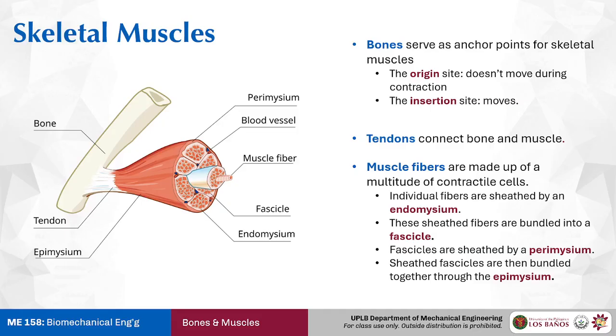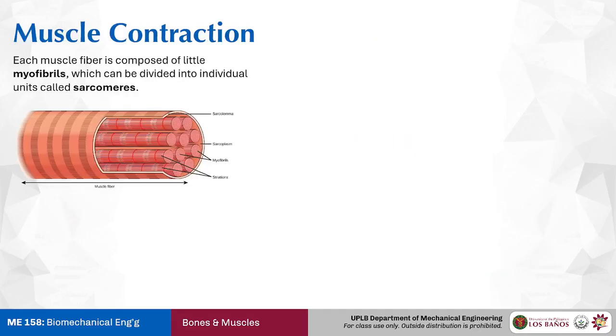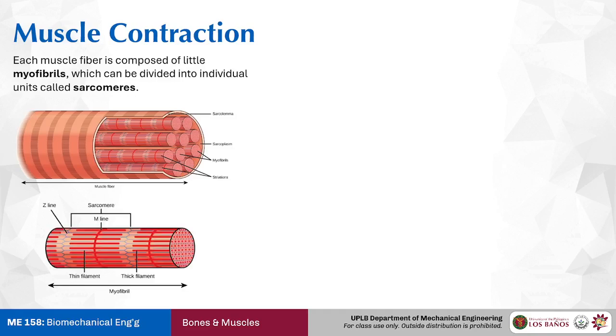Does this actually behave like the threads of a rope? No, because if you zoom in to the very tiny fabric of the muscle fiber itself, these are called myofibrils. Now the myofibrils are made up of a series of muscle units called the sarcomeres. If we zoom in on one myofibril, they're here. You can think of the myofibrils as consisting of several chains of sarcomeres.